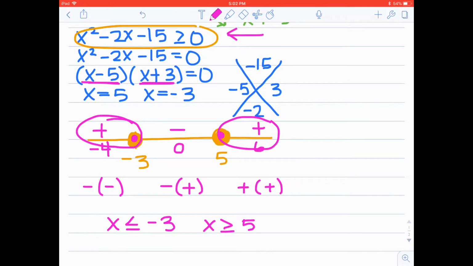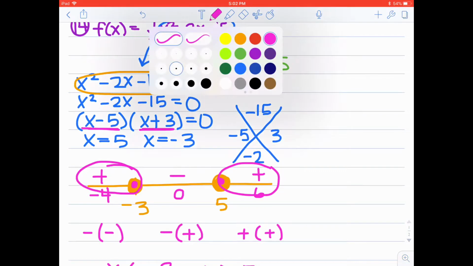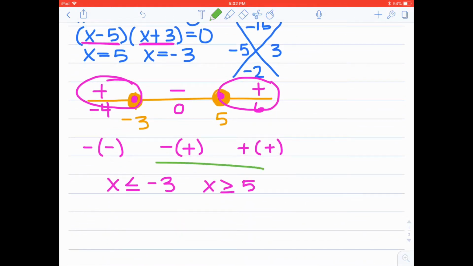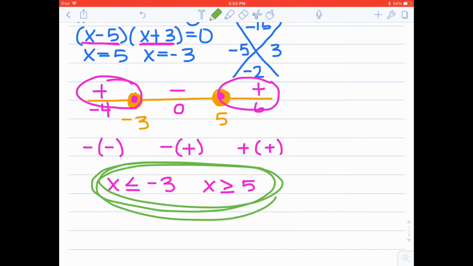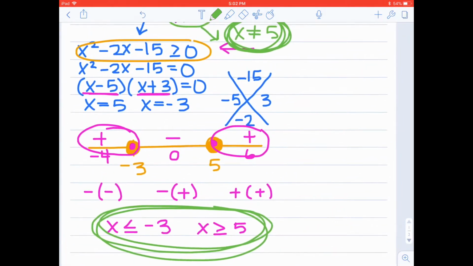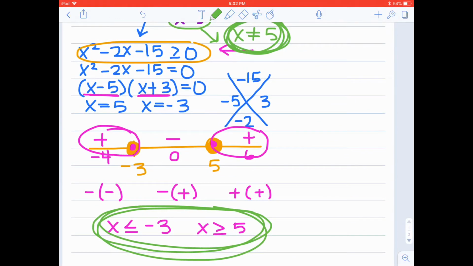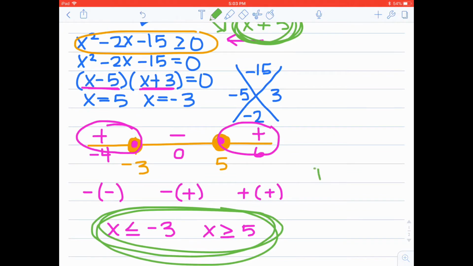So that is not the final answer to my problem. That is just the domain for that one piece of the original problem. So now what I need to do is I need to go back up here. I knew that one of my limitations was x could not equal 5. And then my other limitation is that x has to be less than or equal to negative 3 and greater than or equal to positive 5. So if I want to include both of those things at the same time, then I'm going to say that my overall domain